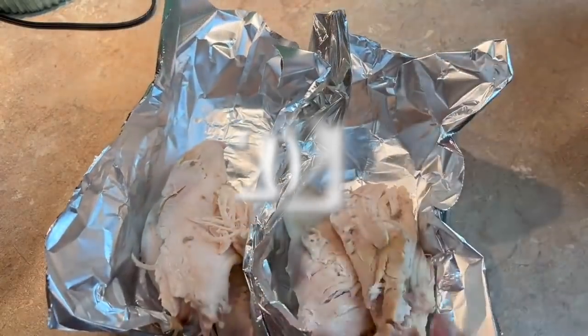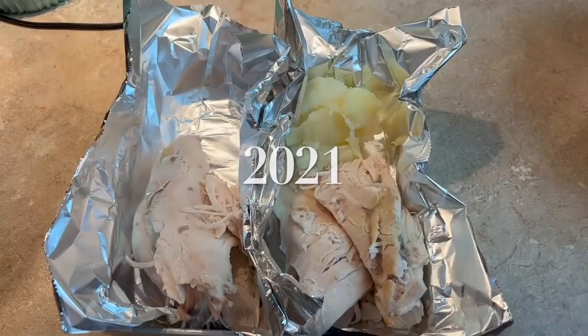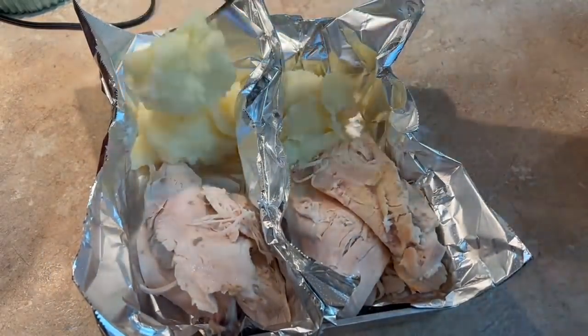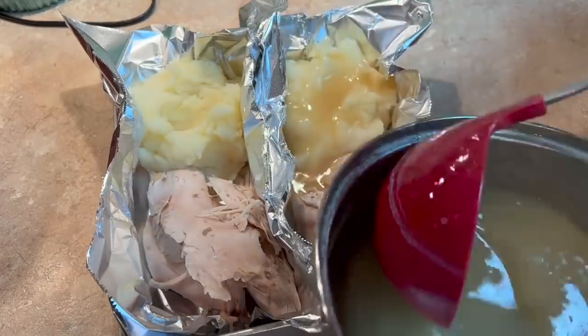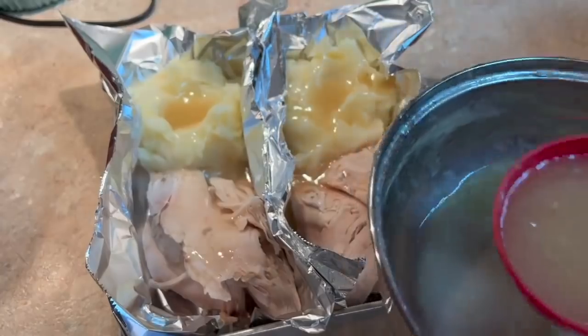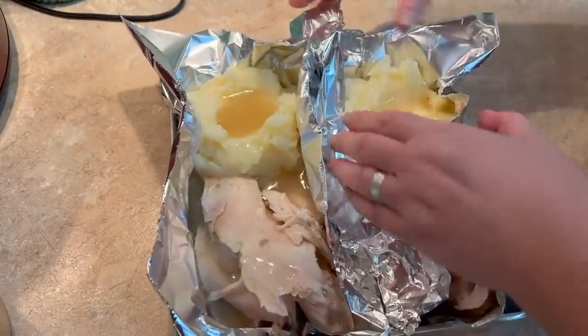Easiest ways to use Thanksgiving leftovers is to make your own TV dinners for later. I line a pan with foil. If I'm making smaller packets, I'll put 2 or 3 pieces of foil in there. If it's for the family, I'll line an 8x8 pan with 1 piece of foil and put my turkey in there. And then I'll put my turkey and my mashed potatoes,